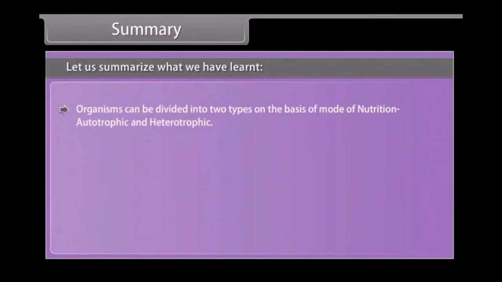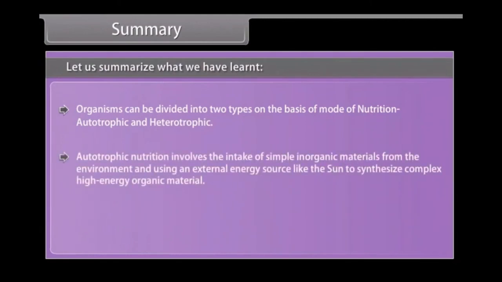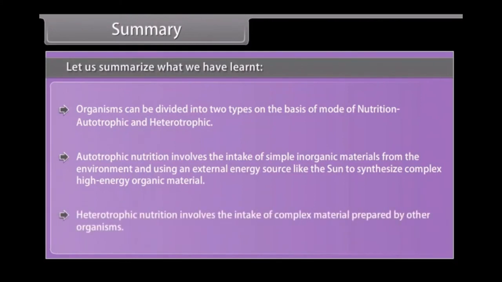Organisms can be divided into two types on the basis of mode of nutrition: autotrophic and heterotrophic. Autotrophic nutrition involves the intake of simple inorganic materials from the environment and using an external energy source like the sun to synthesize complex, high-energy organic material. Heterotrophic nutrition involves the intake of complex